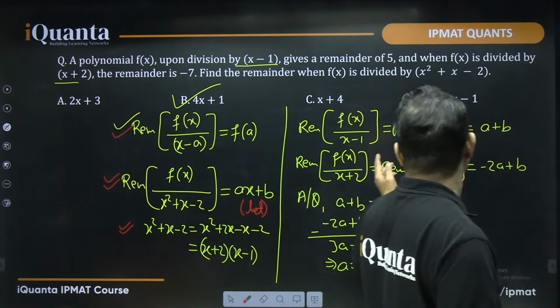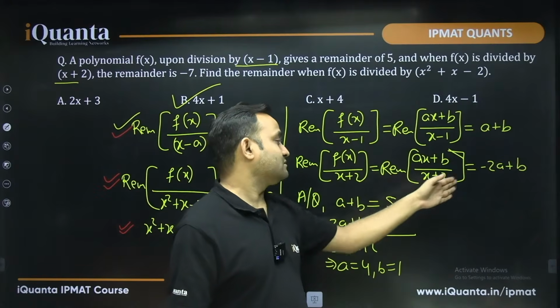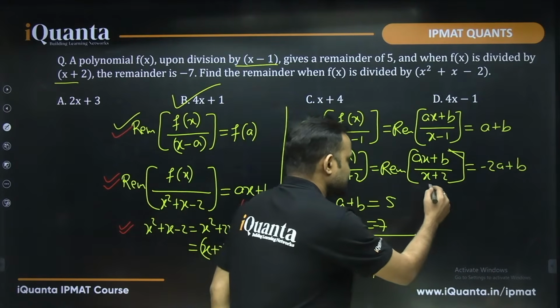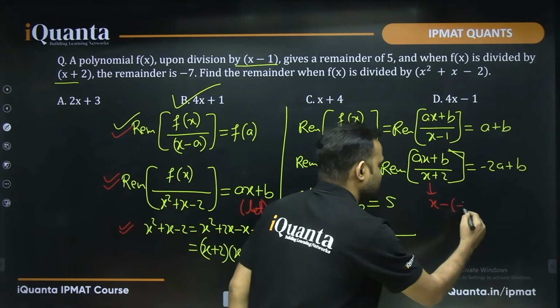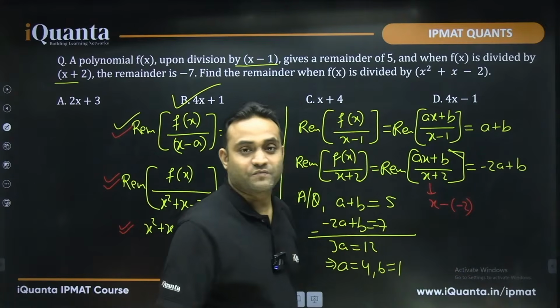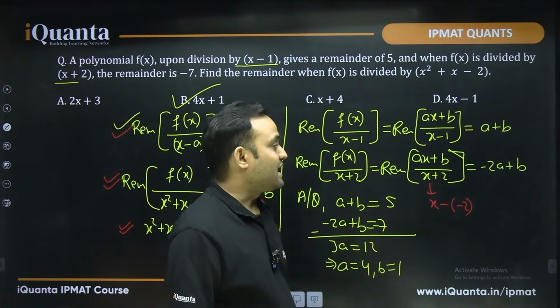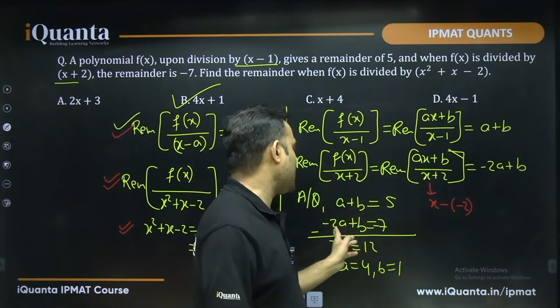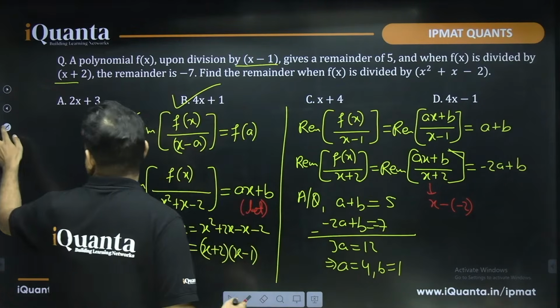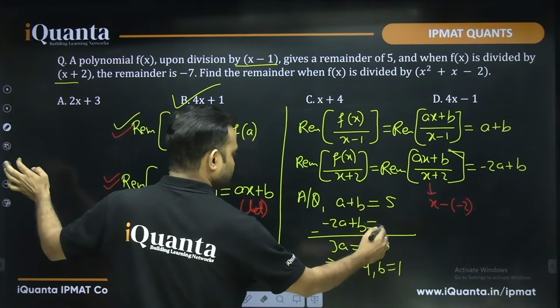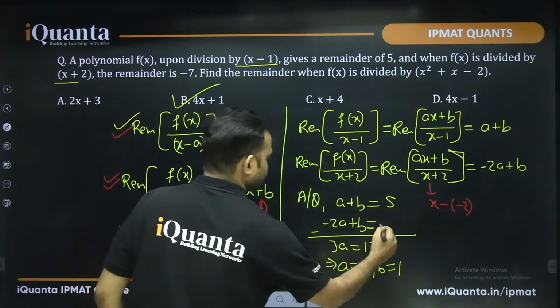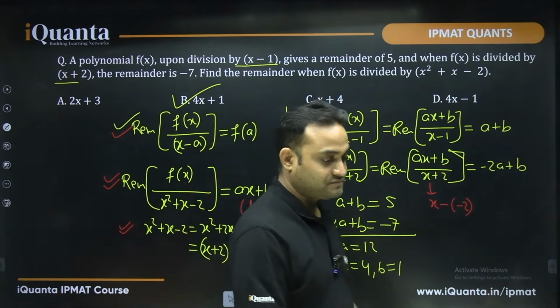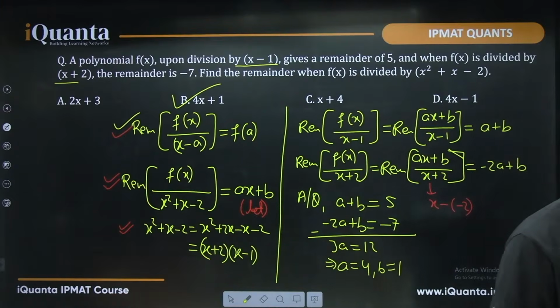When you divide f(x) by x plus 2, the remainder will be minus 2a plus b. This is x minus minus 2, so instead of x, you put minus 2. And in the question it's given that a plus b is 5 and this is minus 7. ठीक है, ओके।